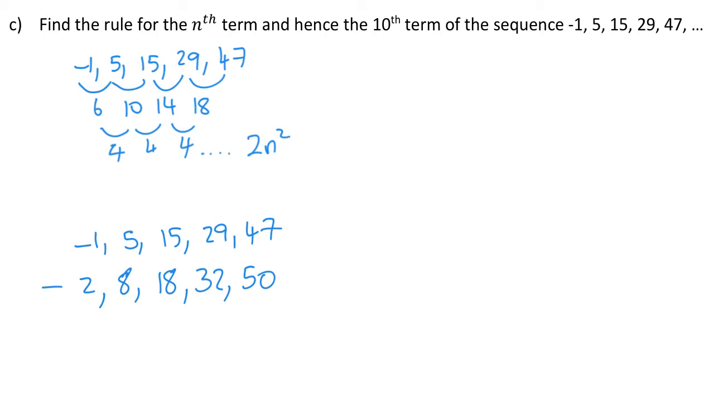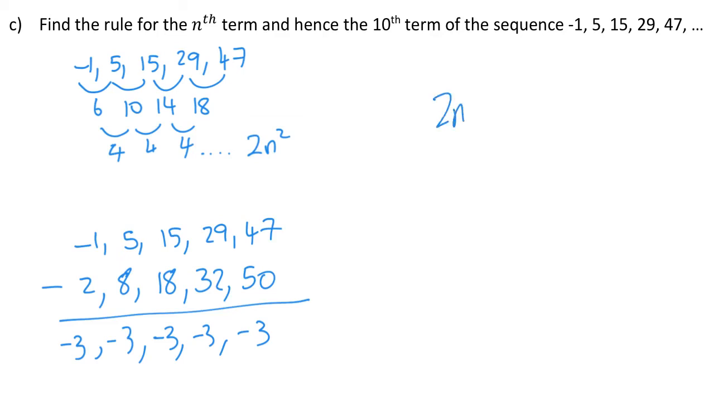And if we subtract those, so 1 take away 2 is minus 3. 5 take away 8 is minus 3. 15 take away 18 is minus 3, minus 3, and minus 3. So this time we have a sequence that is just full of minus 3's. So we can combine that with the original, and we know that the nth term is going to be 2n squared take away 3. Because there is no difference between the terms in the sequence here, the nth term is always